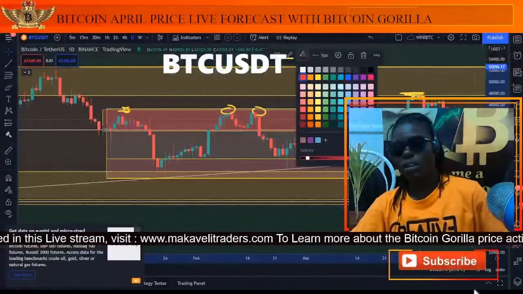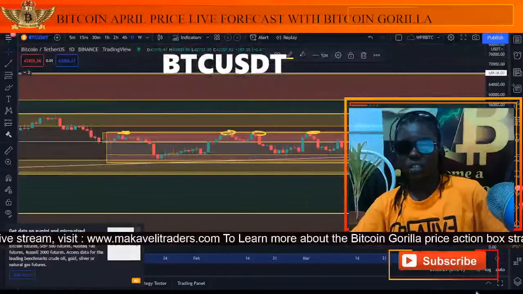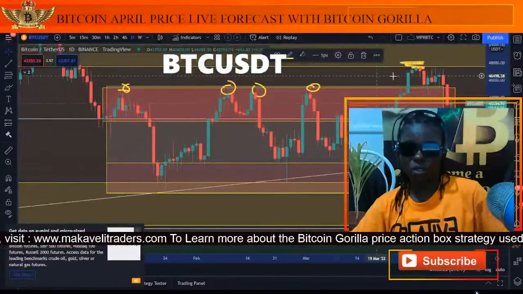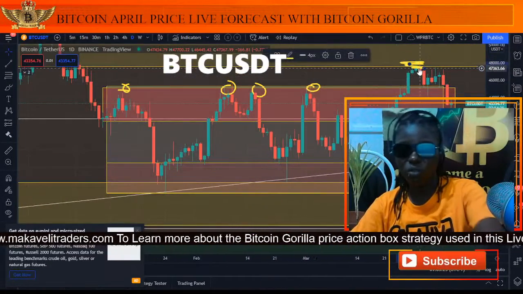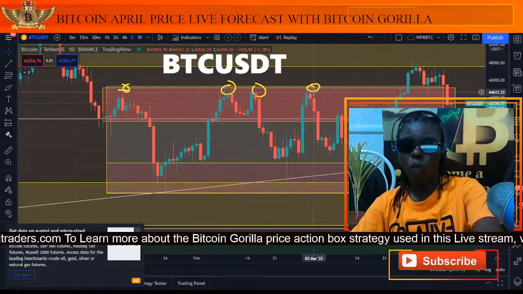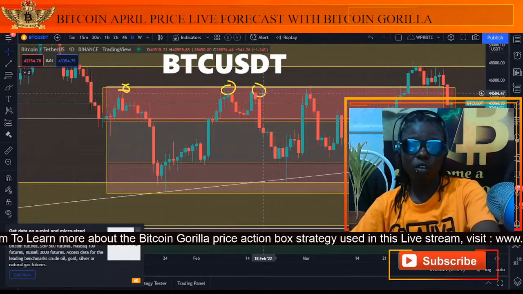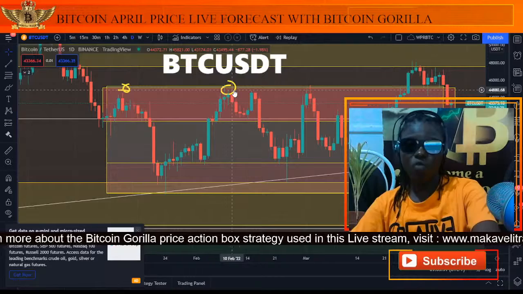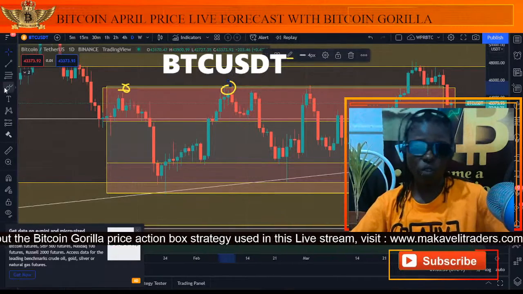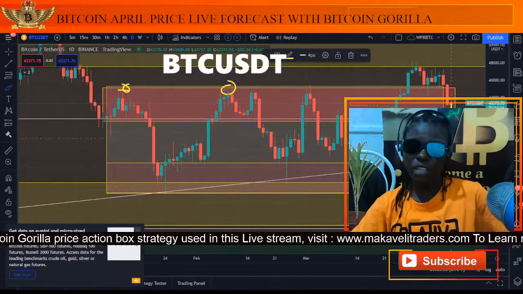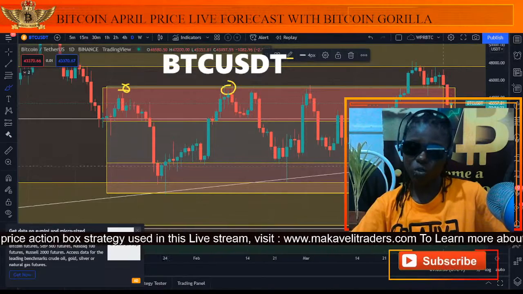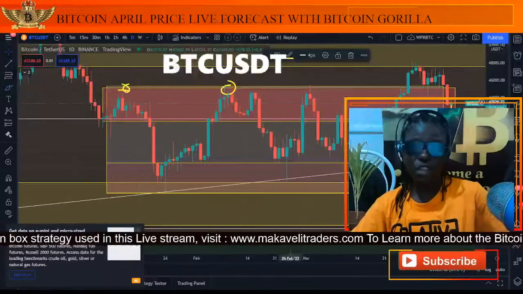So the chart, you see it. I'm going to zoom in now so that you understand it, because when you're trading, you have to zoom in to understand the chart. Why I'm drawing these 4-hour boxes is for the sake of intraday traders. If we look closely and we want to make sense of what is going on with this chart, then we see that price is likely going to return to this zone, because again, from my drawing,